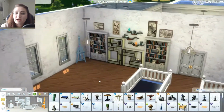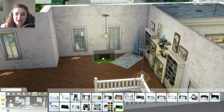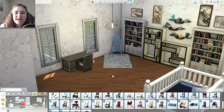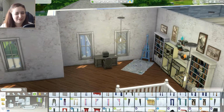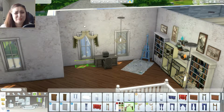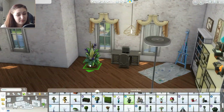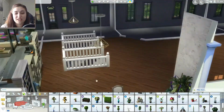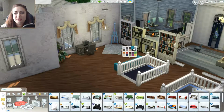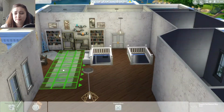What was I saying? Oh yeah, I didn't know what the interior looked like. So I kind of just winged it there and made it what I needed it to be. And then I realized I still had a lot of room, and without the Sims living there, I really wasn't sure what I needed it to be. So it's probably going to change a little bit now that they're living there, or not. It might not be a space that they really need terribly much. But things are really going to change once the eldest kids become